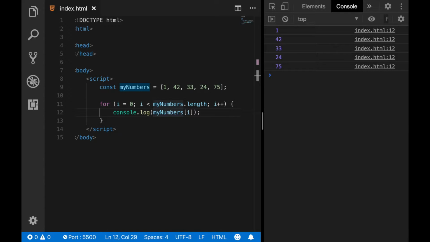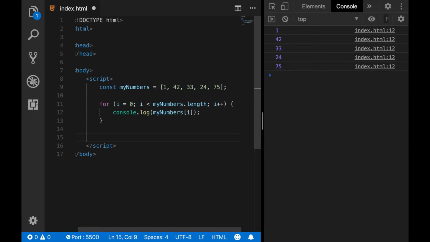Okay, now consider that we have this array of numbers in our code, and for example, when we want to print the elements of the array to the console, the classic for loop can be used. And here on the right side, we can see the already printed elements by using the for loop. We can also do the same by using the forEach method. It also loops through the array, but it works differently, and I would like to show this in this video.